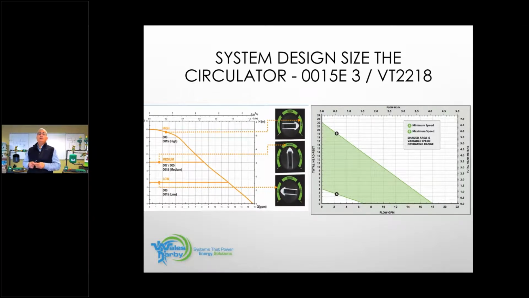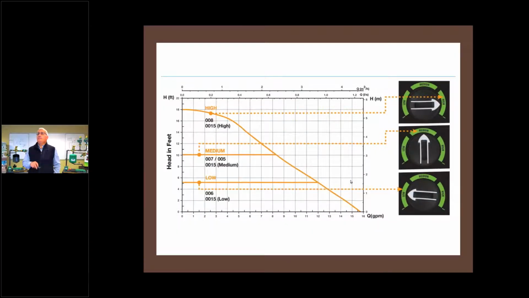If I go with the VT2218, anywhere within this blue green area, it's going to operate. And this will change its speed based on temperature differential. It'll actually measure the temperature of the supply and the return because it comes with two thermistors. And you program in on it what delta you want to maintain. So regardless of the water temperature coming to the pump, that circulator will always try to maintain whatever delta you put in there. So let's go with the 0015E3 for our project here